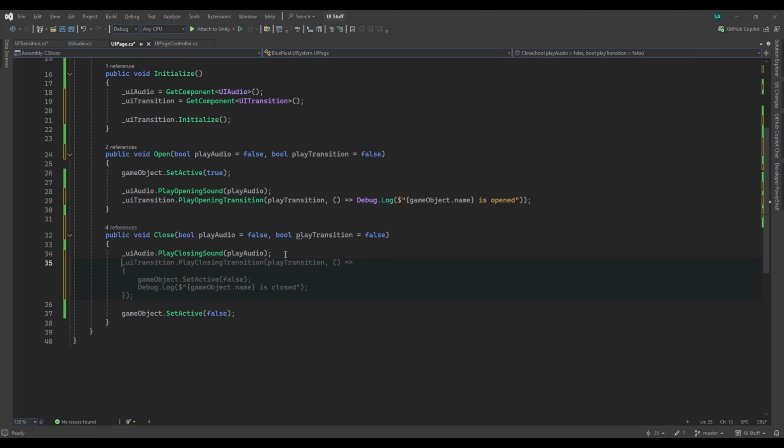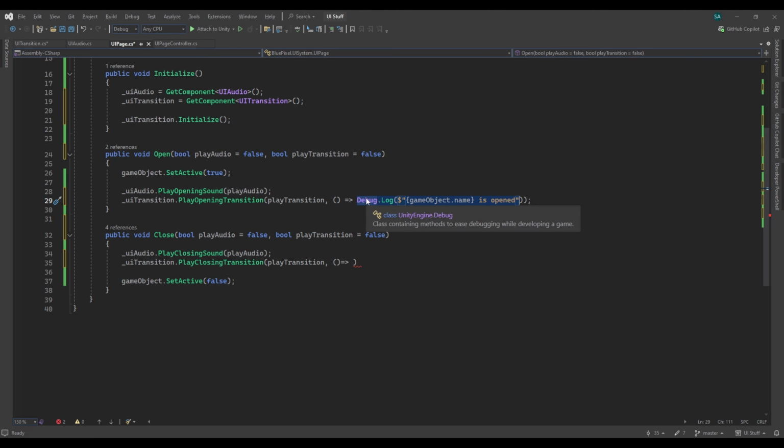Similarly, I can call uiTransition.PlayClosingTransition and pass in the boolean. And I'm going to create a new lambda expression, but instead of passing just this debug line, we want it to do two things. One, to debug this line, and also one more, to disable this game object. I don't want to disable this game object until this transition is complete, right? So if we are passing more than one line of code, we need to use the block expression like this. And now I can simply move this line into this one